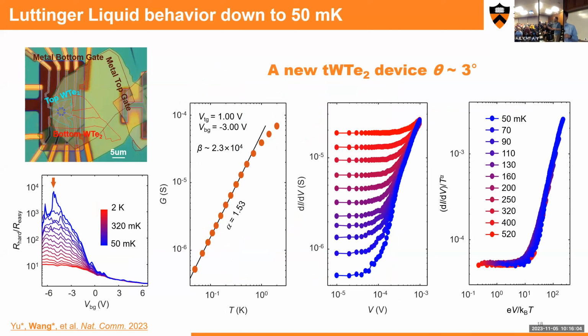Yes, Tony. You showed this graph of the IV, which at first sight is very like the behavior you get in a superconductor. And if I understood you correctly, you're rejecting that this is superconductivity by the fact that it was not suppressed by a magnetic field. Yes, yes. But it could be a triplet.